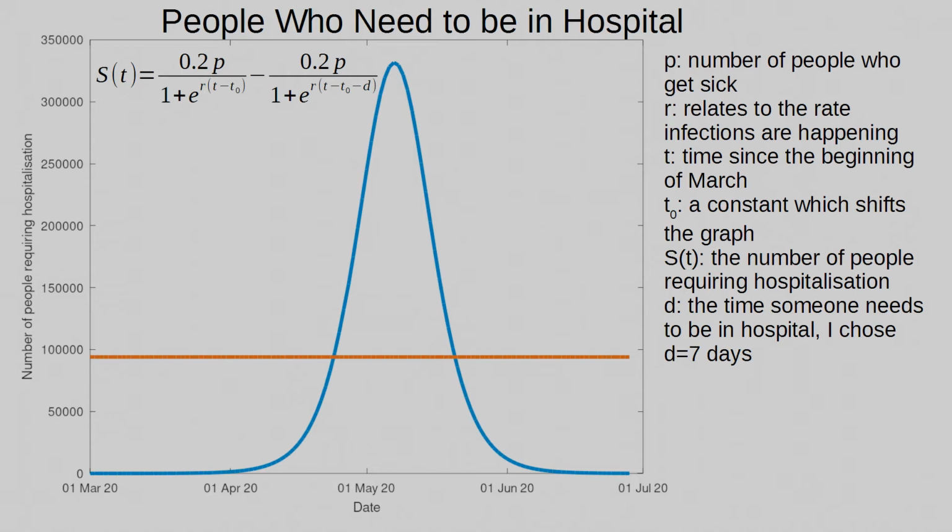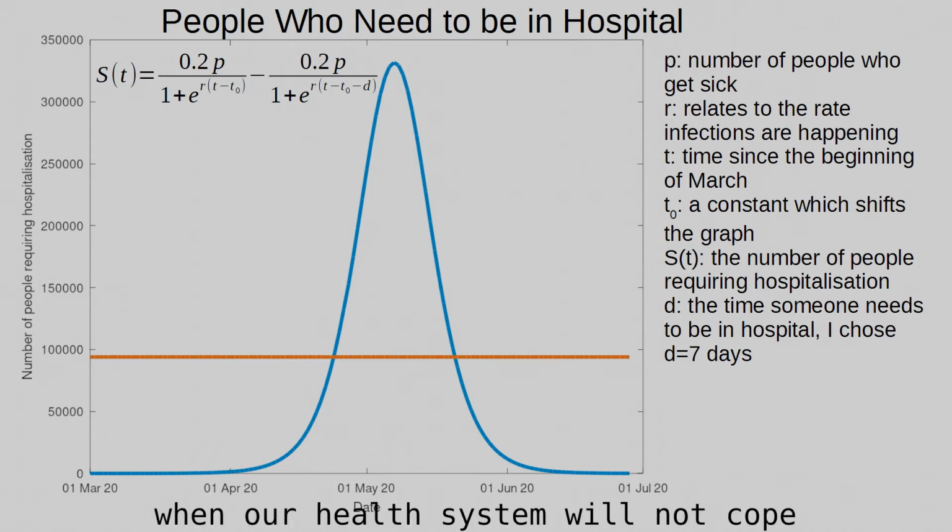The blue line shows the number of people who will need to be taken into hospital. Everything that is above that line will be people who really need to go for the sake of keeping them alive, but will be unable to go to hospital. This is what I have defined as our health system not being able to keep up with demand. The dates I have given before are based upon the intersection of the number of hospital beds and the number of people who require hospitalisation.